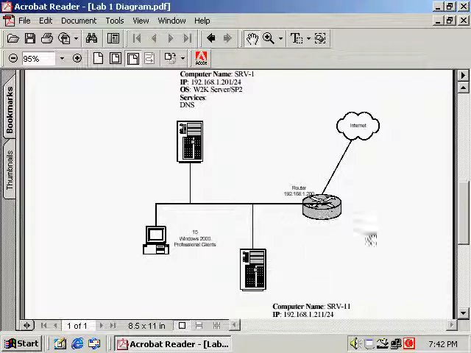So take a look at this router. If you're not familiar with a router, routers sit between two different networks and connect them together. And most routers have at least two interfaces. And an interface is another word for a network card. If you look right here, we've got a network cable coming into this internal side of the router, and the IP address is assigned 192.168.1.200. This IP address, notice, is the same network ID as 192.168.1.201. So these computers, the Windows 2000 Pro machines and my two servers, they're able to communicate with the internal